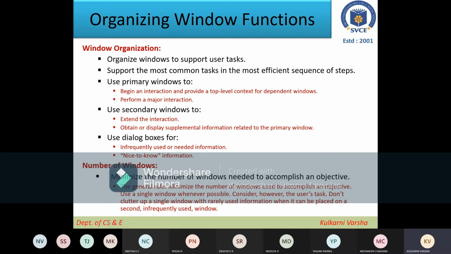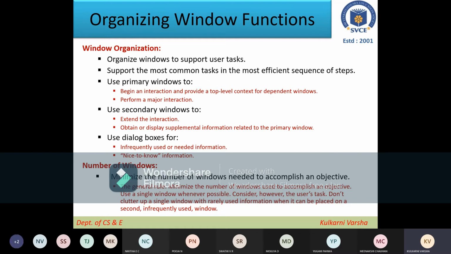When you say it's a primary window, and then a secondary window, it means that when you click on something and it opens a new window, we can say it is a secondary window. On that secondary window, there will be some task, something on which you will click. Again, it will open a further new window. So again, on that window, you will have some interaction through which the user clicks, and one more window opens.